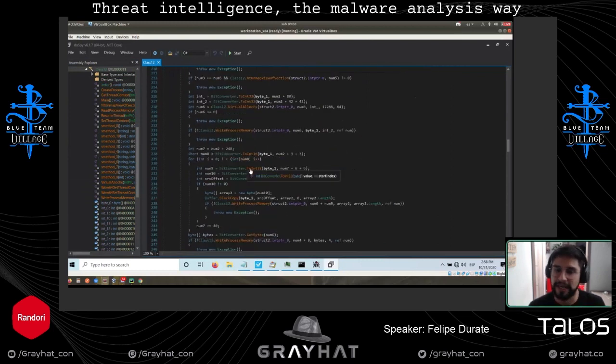Okay, so yeah, at this point we know that there are two stages. So we have the packer. The packer unpacks another .NET file. This file is the one that is in charge of creating the process following, and also verifying that the machine doesn't have any kind of sandbox structure or information related to virtual machines. So interesting.